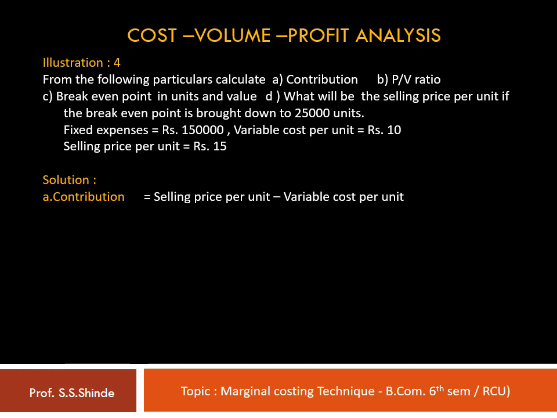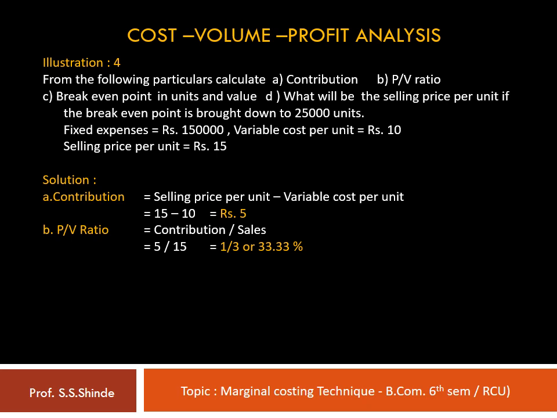Contribution is equal to selling price per unit minus variable cost per unit. In this particular case, the selling price per unit is rupees 15 and the variable cost per unit is 10. Therefore, the contribution works out to rupees 5. The second one is computation of the PV ratio. PV ratio is equal to contribution upon sales. So here the contribution per unit is 5 and the selling price per unit is 15. Therefore, 5 upon 15 works out to 1 upon 3, or in terms of percentage, it works out to